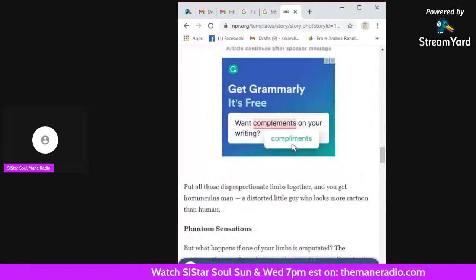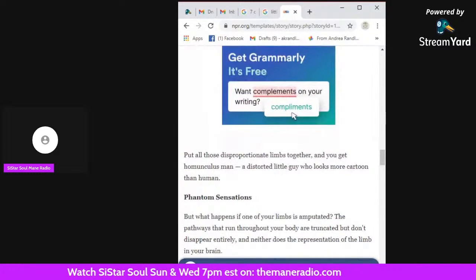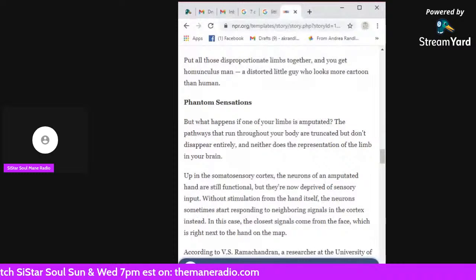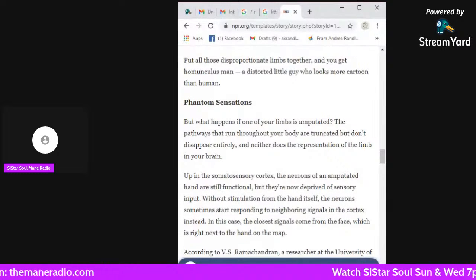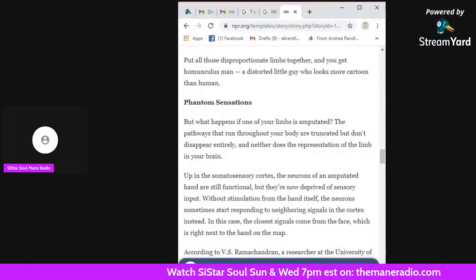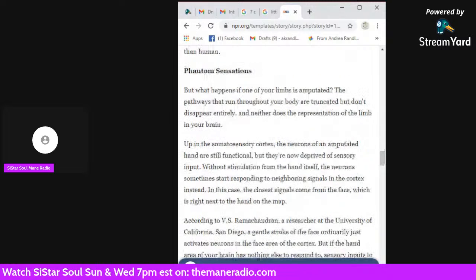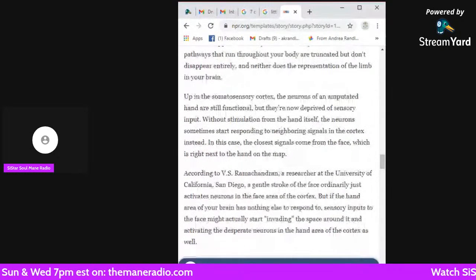All right, let's talk about phantom sensations. But what happens if one of your limbs is amputated? The pathways that run throughout your body are transected but don't disappear entirely, and neither does the representation of the limb in your brain. So, why does your brain still recognize the pain of something that's not actually there? Up in the somatophysiology,